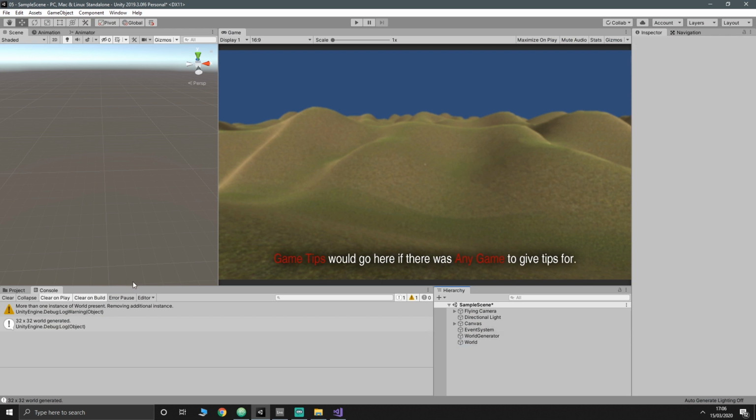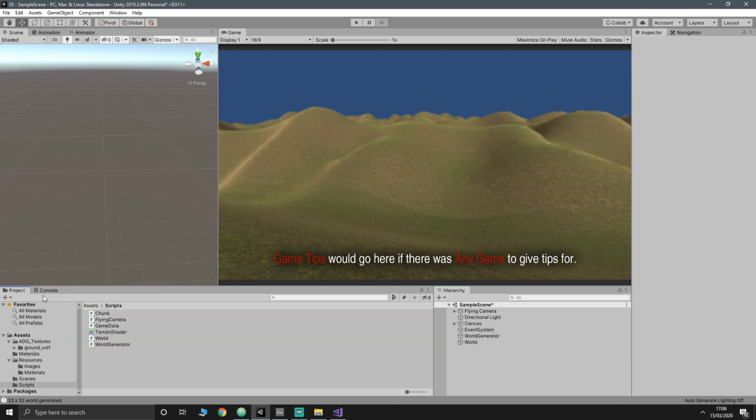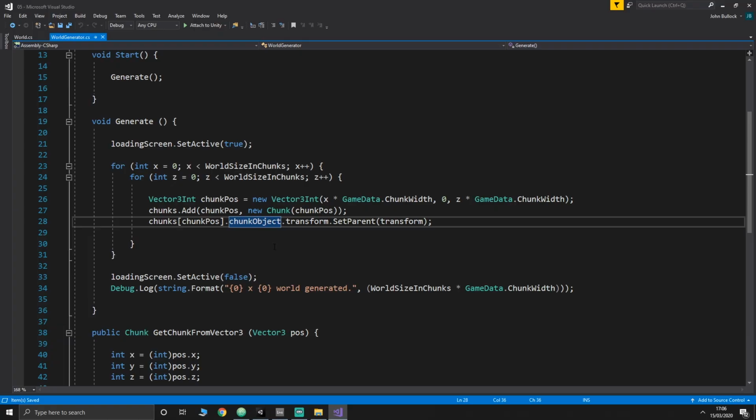The only time we're going to use an instance of it in this particular video is in our world generator script. We're just going to replace here where we set the parent of a chunk after we generated it, and use the new world object as the parent, because the world generator script, at some point we're going to be telling it to get rid of itself once the world is generated. Unlike Minecraft where the world continues to be generated on the fly, 7 Days to Die pretty much makes its world and then, you know, breaks out. It's gone, it's done. For now though,